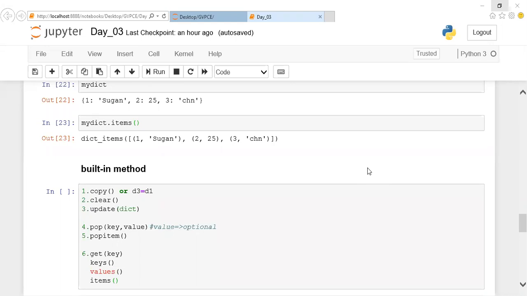Okay. What is it, Yashwant? At the starting? Which one, Yashwant?